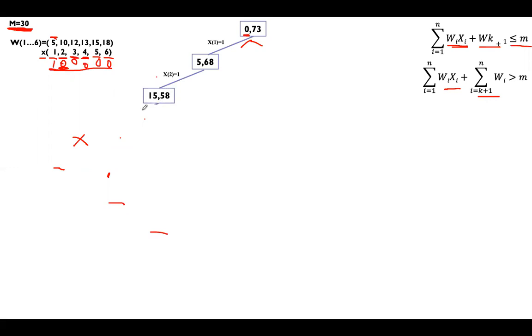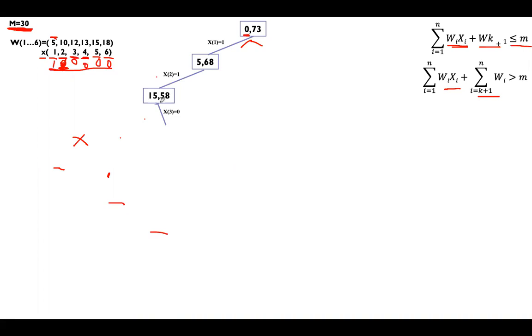In the left, you have selected x3 is equal to 1. So if you select first element, second element, and third element, we are not going to get the solution. So we will not do this also. We'll trace back. Now x3 is equal to 0. We shall do x3 is equal to 0. x3 is equal to 0 means you have selected elements 1 and 2. So x1 is 1, x2 is 1. x3, I will keep it as zero. Don't select the third element.